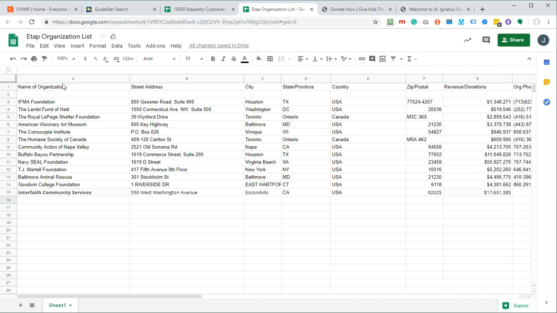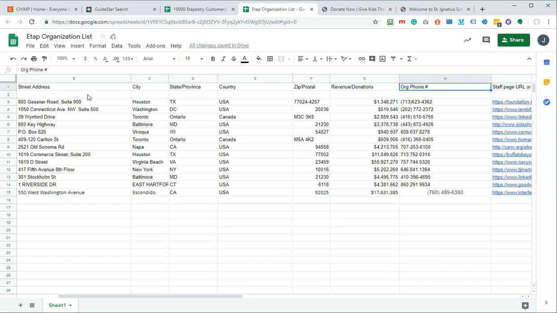This includes the name of the organization, their mailing address, like street address, the city they're in, the state or province, the country, the zip or postal code, the amount of revenue that they have, the organization's main phone line,